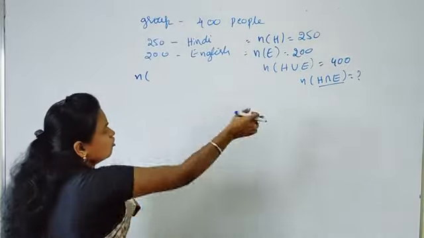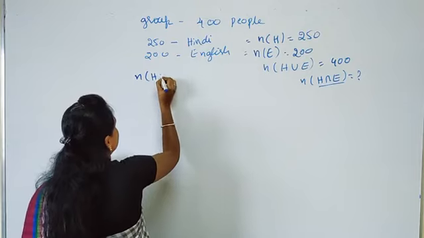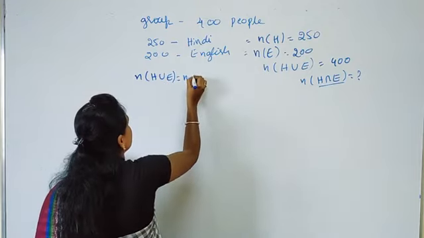So write down the formula. For this type of problem, the formula becomes n of H union E is equal to n of H